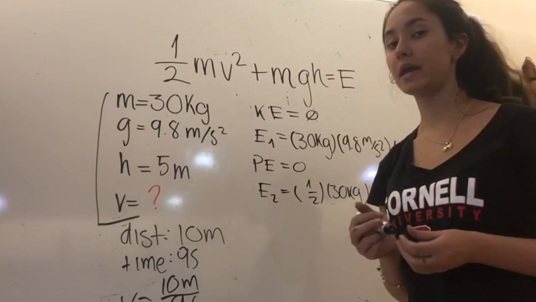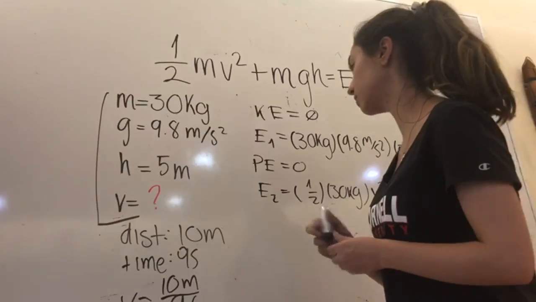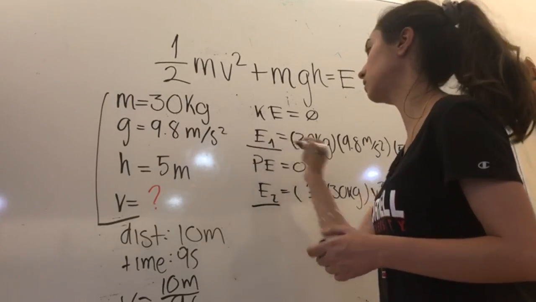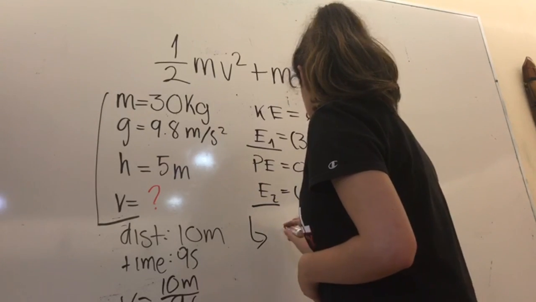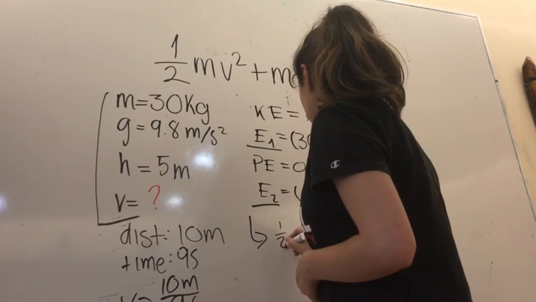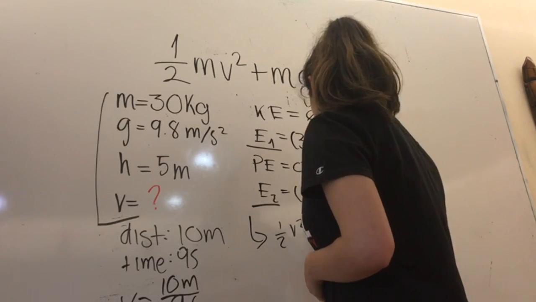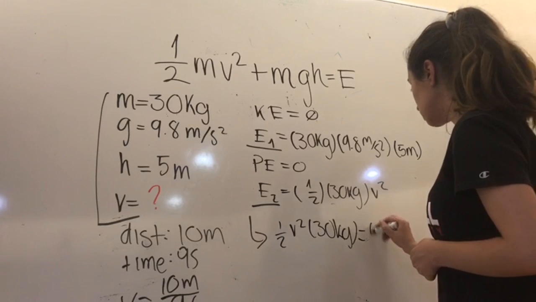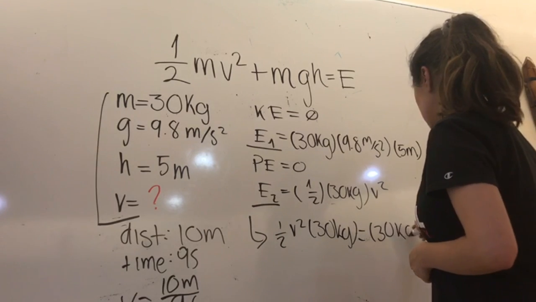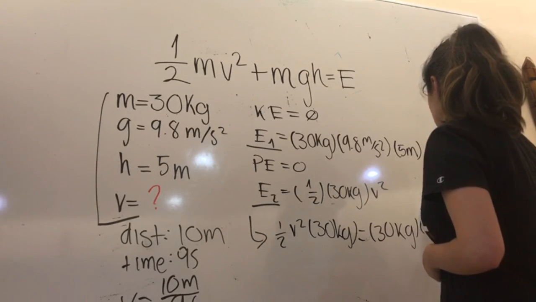We also know that energy preserves itself, so from here we can conclude that E1 is equal to E2. So from this we gather that 1/2 of V squared times 30 kilograms is equal to 30 kilograms times 9.8